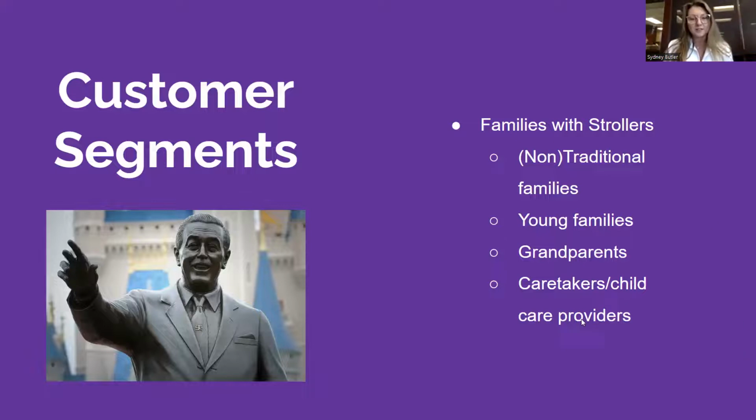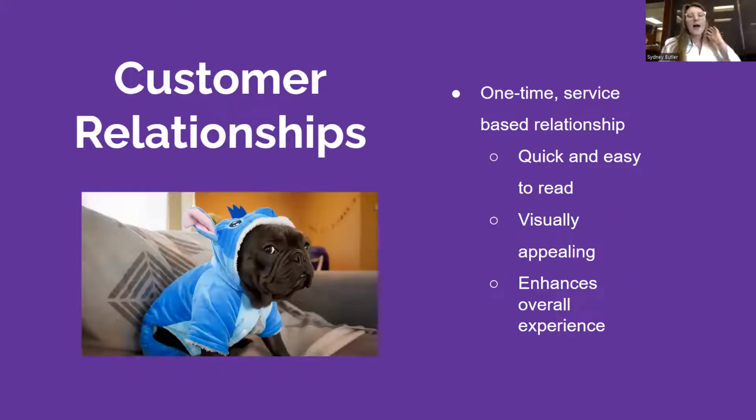Each of these customer segments has a little bit different of a need, a little bit different experience at the park, and some different ways that they enjoy being marketed to, or specific marketing that stands out to them. So keeping that in mind, our customer relationships, how we're going to engage each of these segments,